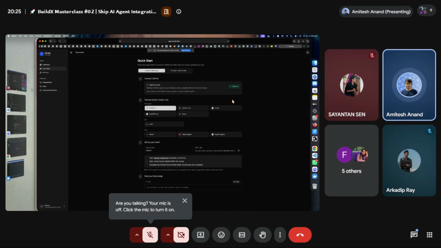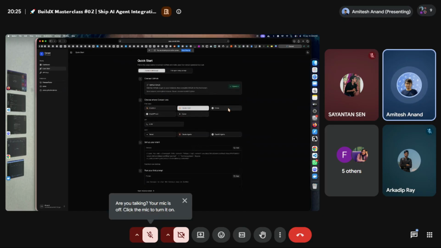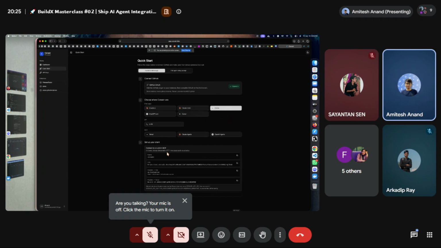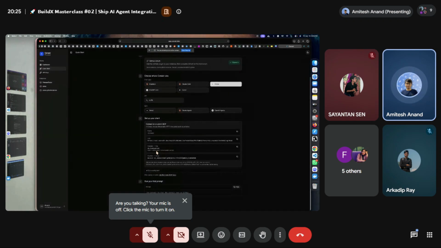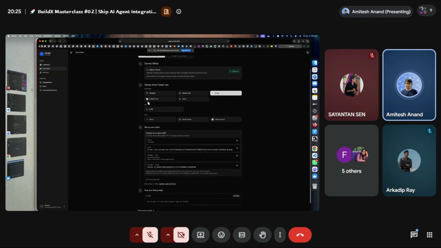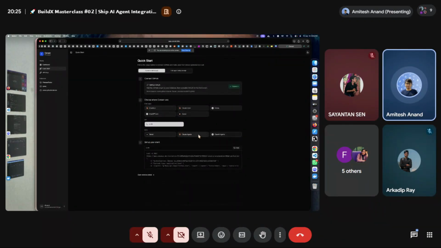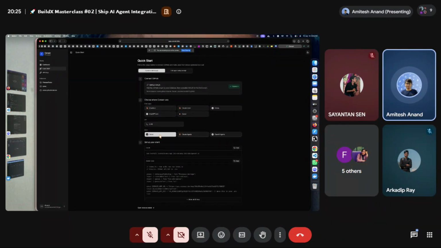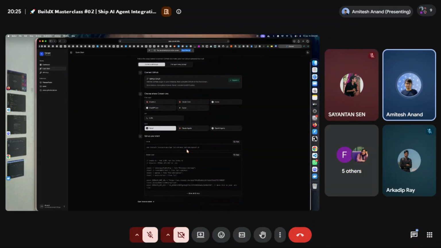So you sign in with GitHub, then you pick whatever tool you have, Codex, then you set up the MCP, and you are good to go. You are ready to build the integration in just 5 minutes. You don't have to wait longer. You can choose either the agentic part or API part or the SDK part as well. OpenAI Agents or Vercel AI SDK you can use to set up Corsair and get started.